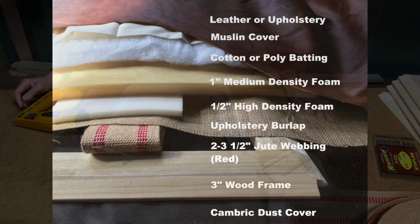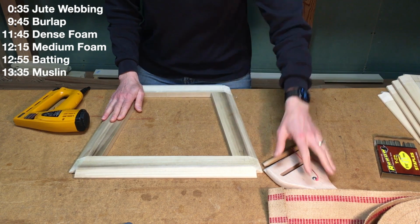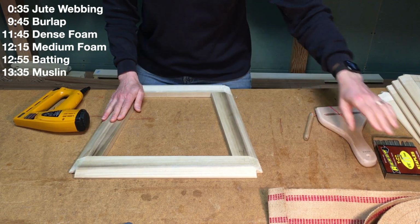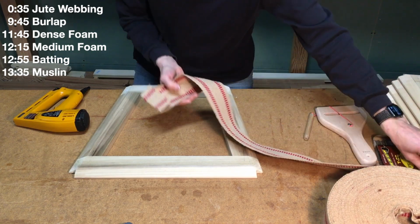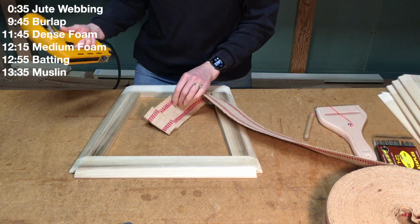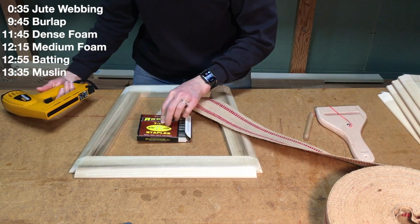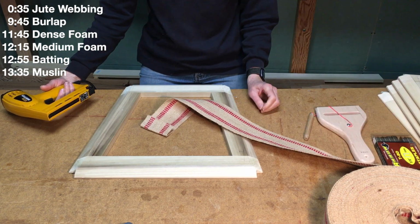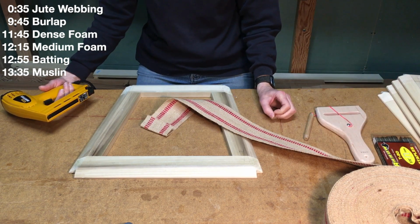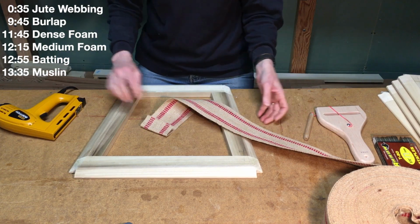I have my first chair frame in place here, and the first step is to add the jute to the frame. When I do this, I'm going to be starting off with some staples that are 9/16 of an inch or 14 millimeters long. That's just a little bit more than half an inch, so a little bit better than halfway through my support here. When I attach the jute,